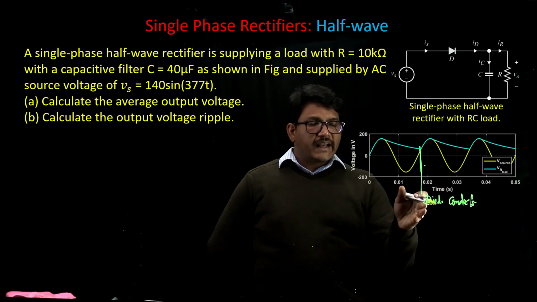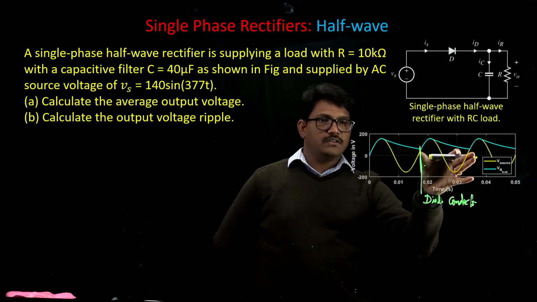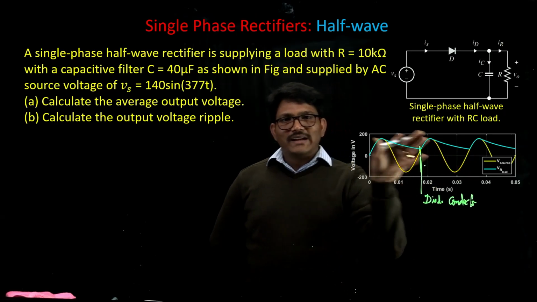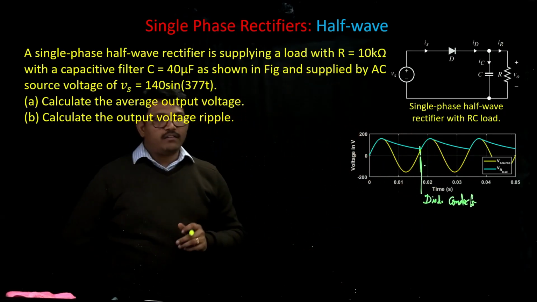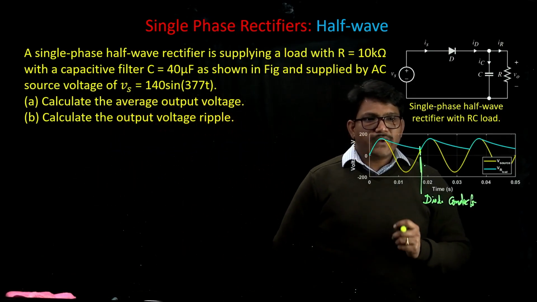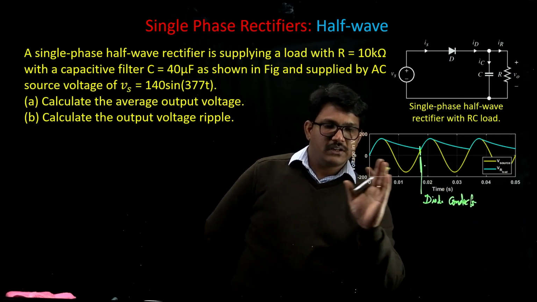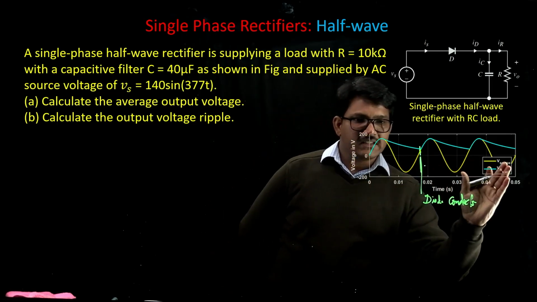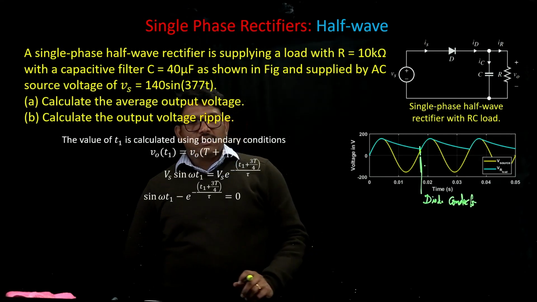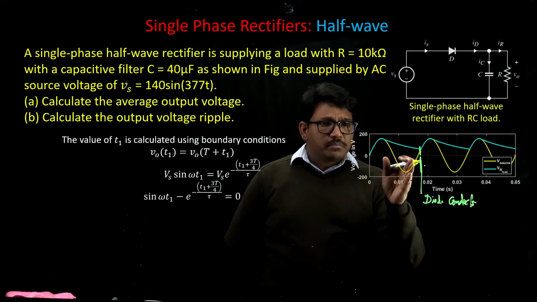Now if you know the time at which diode is conducting, that is how you will be able to calculate an average value, because this is the voltage you wanted to calculate. Now in order to get the average output voltage of a half-wave rectifier which is feeding an RC circuit or RC load, it is very important to know the time at which diode starts conducting. Forget about this transient part, but in the steady state, if you wanted to know the time at which the diode starts conducting, this is the equation we use, boundary conditions, where you say that my output voltage